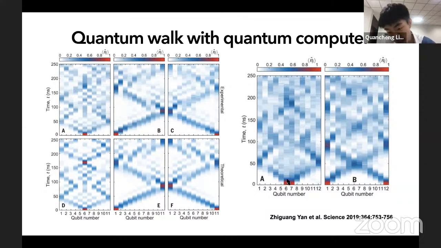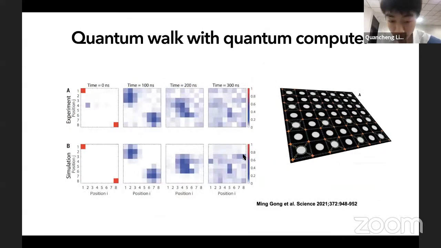And this picture is for the two worker case. That is, initially they excited number 6 and also number 7. And these two workers spread to their surroundings, and then they have the plot. And this is the one from 1 and another from 0. So here they use 11 qubits, but here they use 12. Okay, sometimes they change it. Yes. And this one is for, so the previous is a 1-dimensional quantum work,